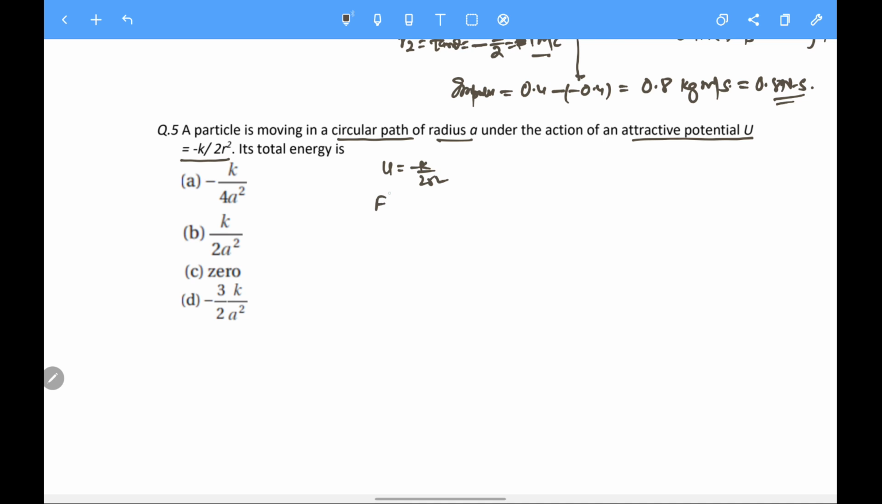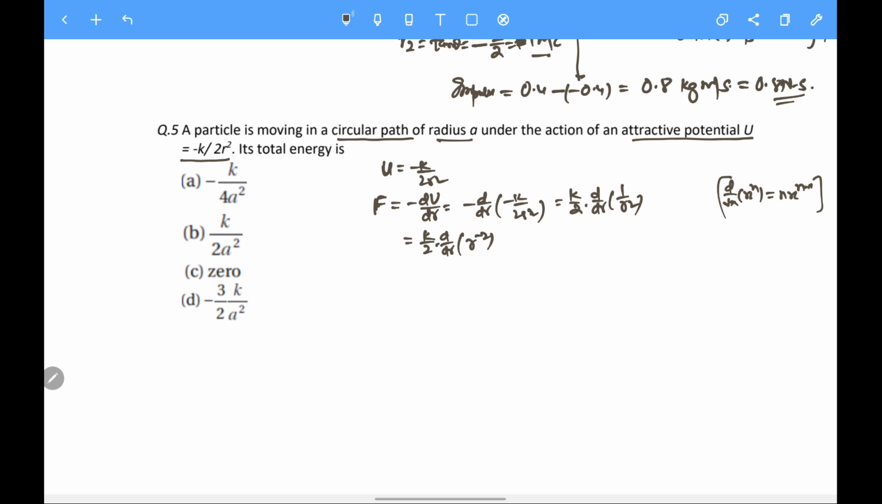So the force which results from this potential, that is the conservative force, will be minus dU by dr, which equals minus d by dr of minus k by 2r square. Minus k by 2 is a constant term, so it will be taken out, and minus minus will be plus. That means it is k by 2 into d by dr of 1 by r square. It can be written as k by 2 into d by dr of r raised to power minus 2. Using the differentiation formula, d of x to the power n is n x to the power n minus 1,